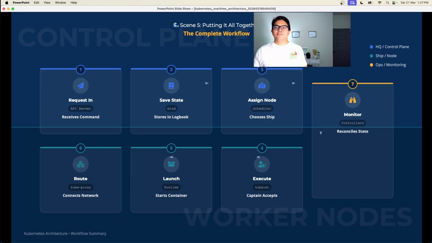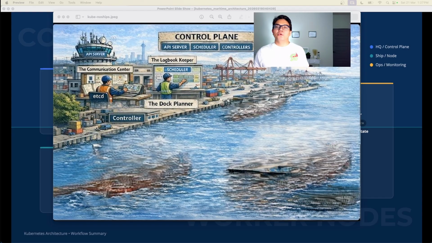Now here's something interesting. A cluster is like a complete shipping port, the port itself and the ships that carry the containers. Now normally you would expect multiple ships moving cargo, but even if there are no other ships, Kubernetes still treats the port as a full cluster because the single port is fully capable of doing everything on its own.